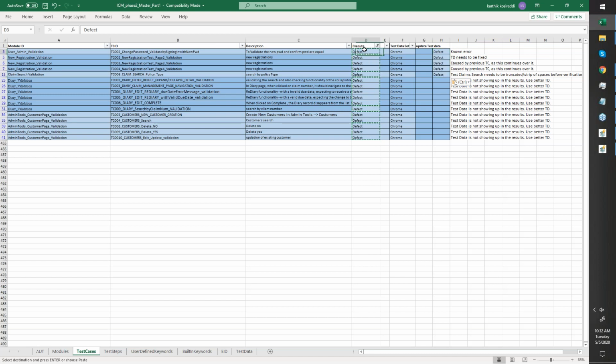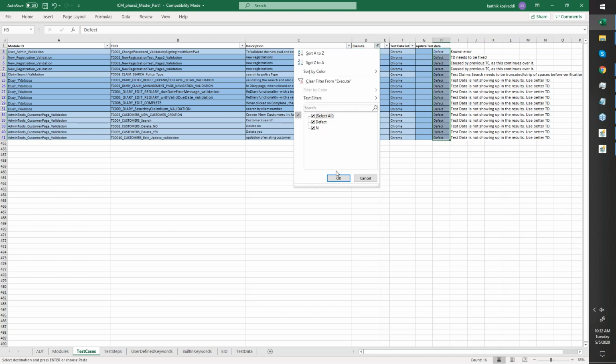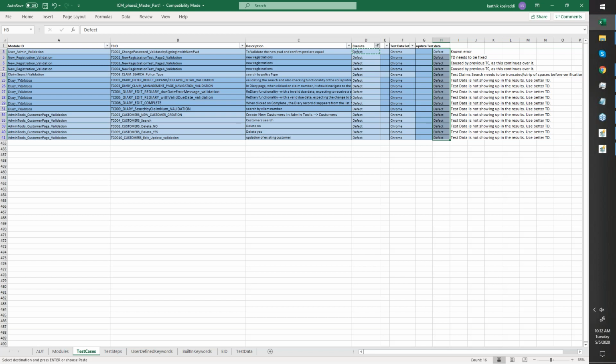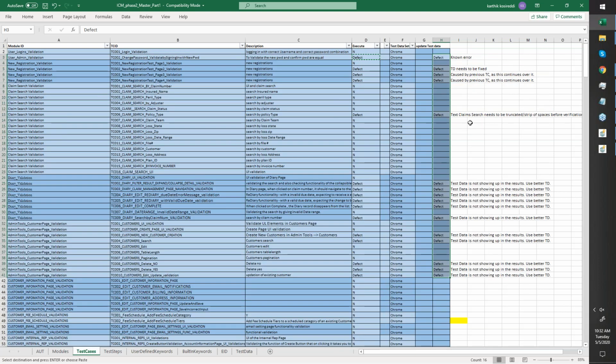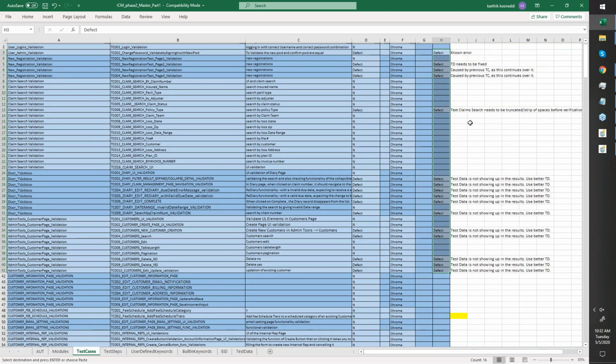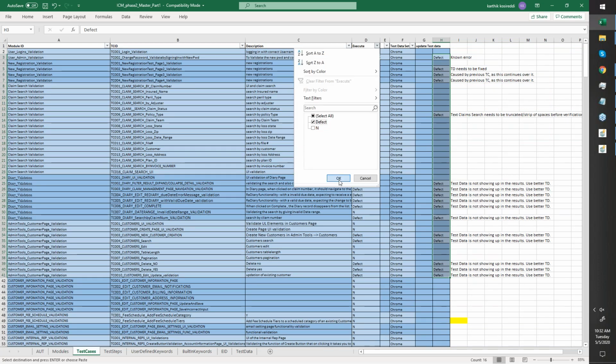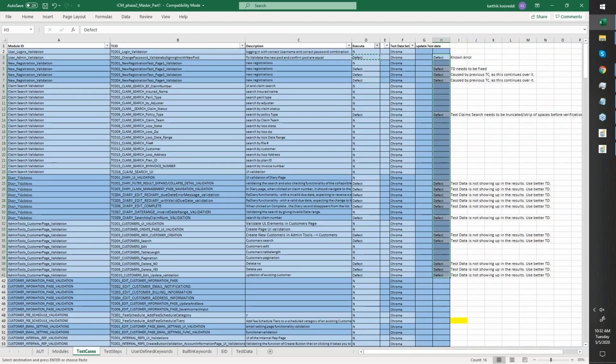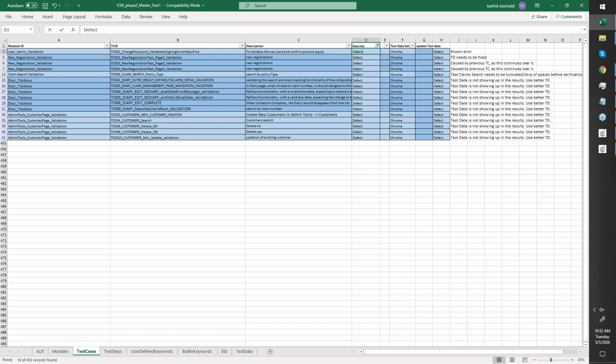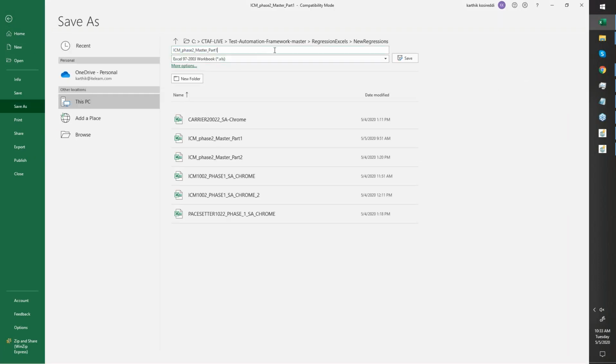Oh no. It's filtering space messed up. Luckily it did not. So now, yeah, basically I have a few that I want to retest. I know most of this failed, but it'll be a good idea to retest. So I'll save this as part 1,